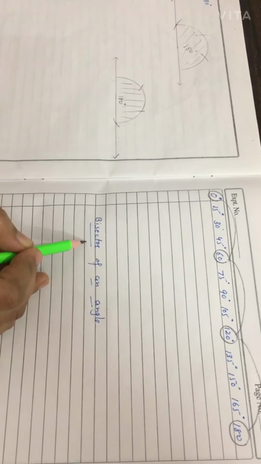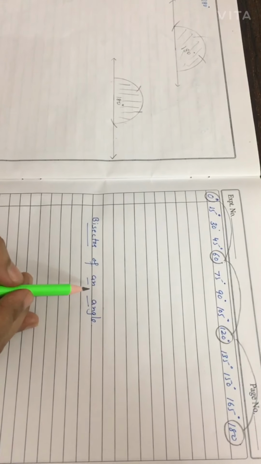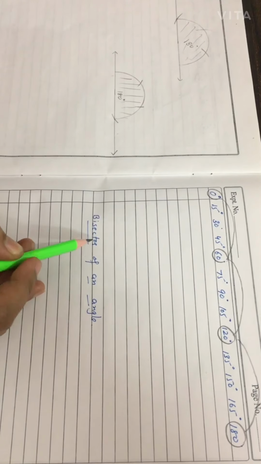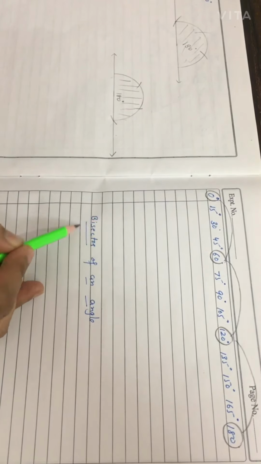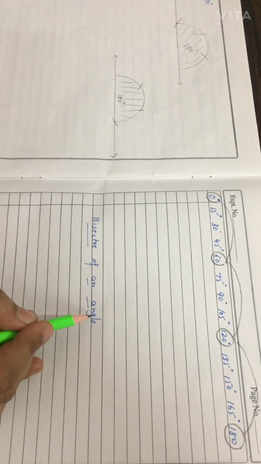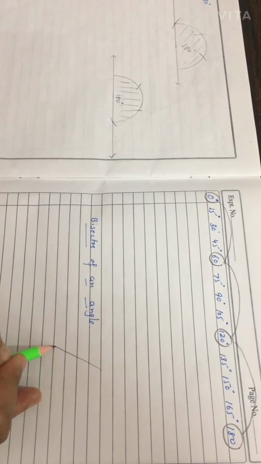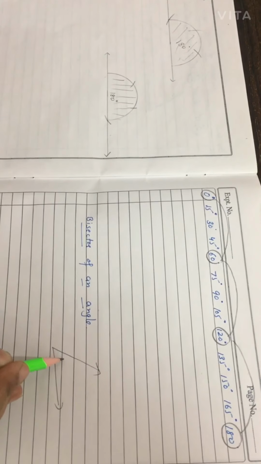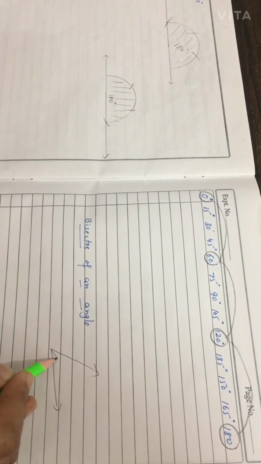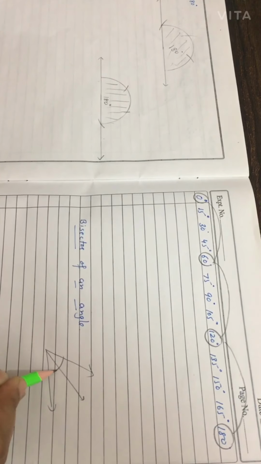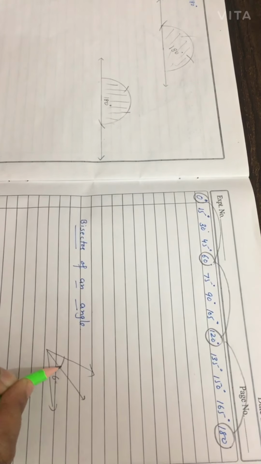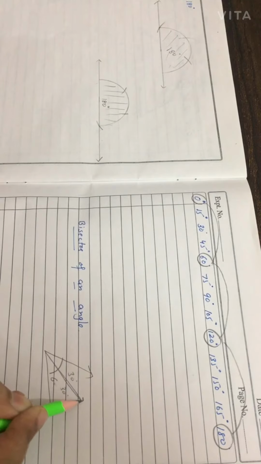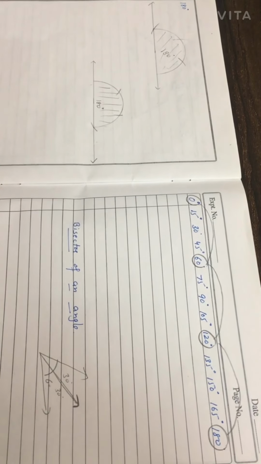Now we have the concept of the bisector of an angle. We have already discussed the bisector of a line segment, the perpendicular bisector of a line segment. Bisector means two equal parts. If we are talking about the bisector of an angle, it means that for any type of angle, acute, obtuse, straight, a line which divides the given angle into two equal parts. Just suppose this is 60 degrees. If this line divides the 60 degree angle into two equal parts, 30 and 30, then this line will be called the bisector of the given angle.